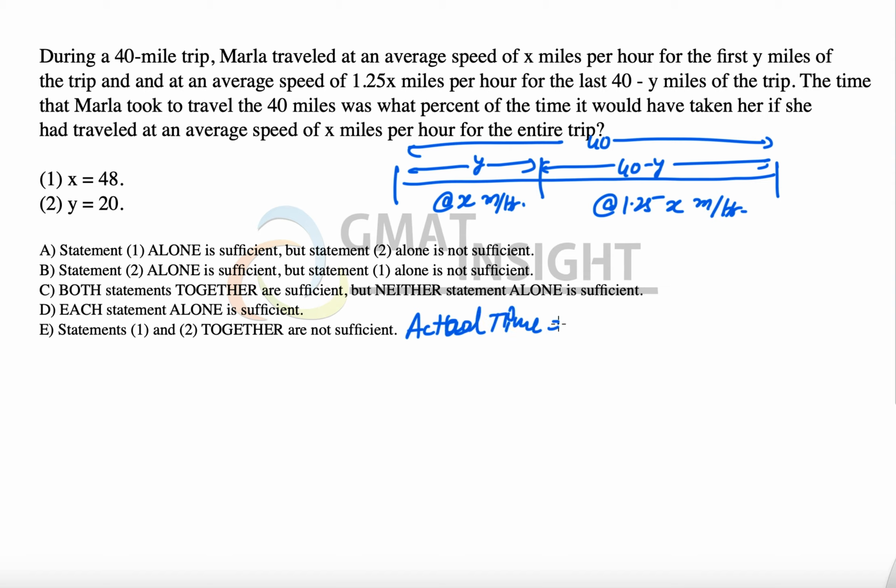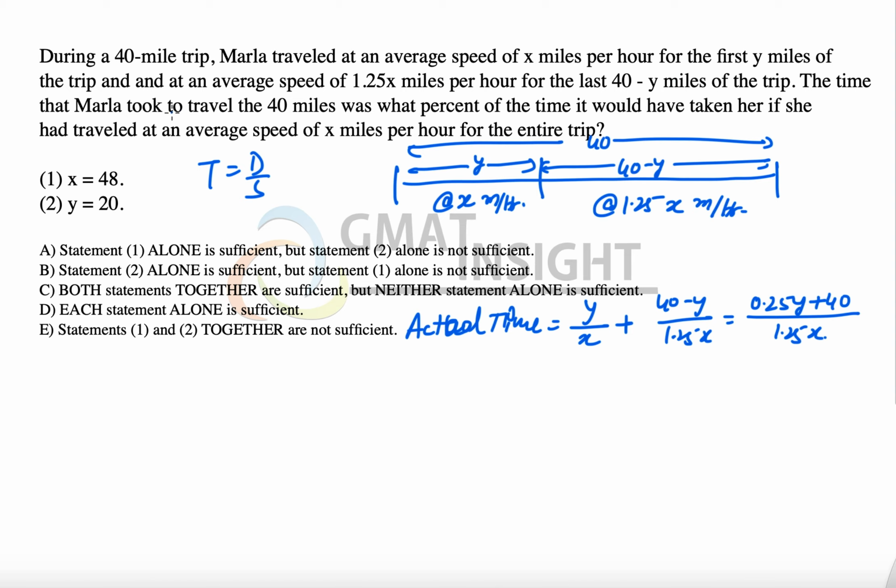Actual time will be equal to the sum of the two timings of these two different journeys, and we already know that time is equal to distance over the speed. So the first time is y over x, the second time is (40 minus y) over 1.25x. So we can simplify this and get 1.25x as the denominator, and we have 0.25y plus 40 as the numerator. This is the actual time, and the question is,